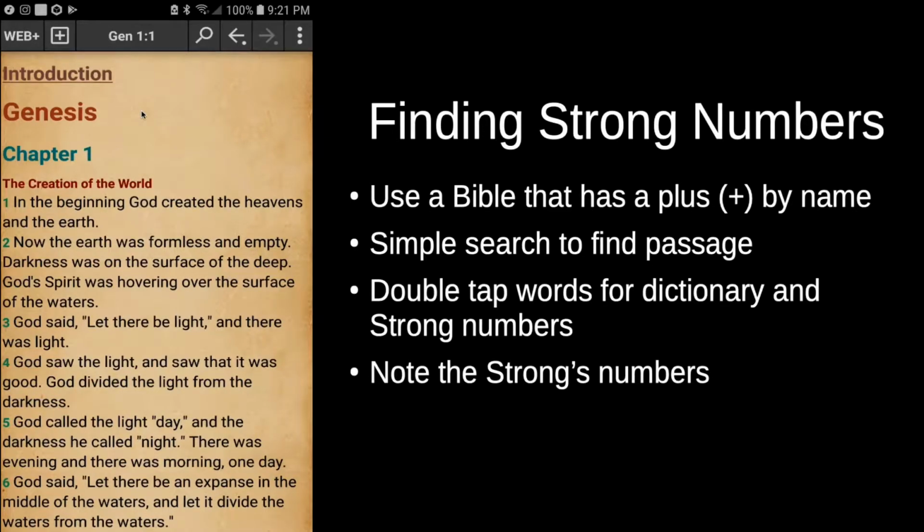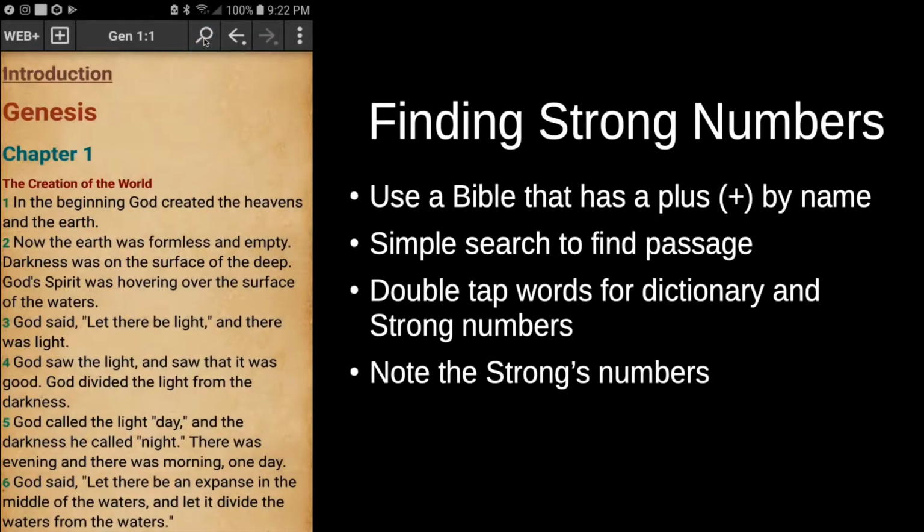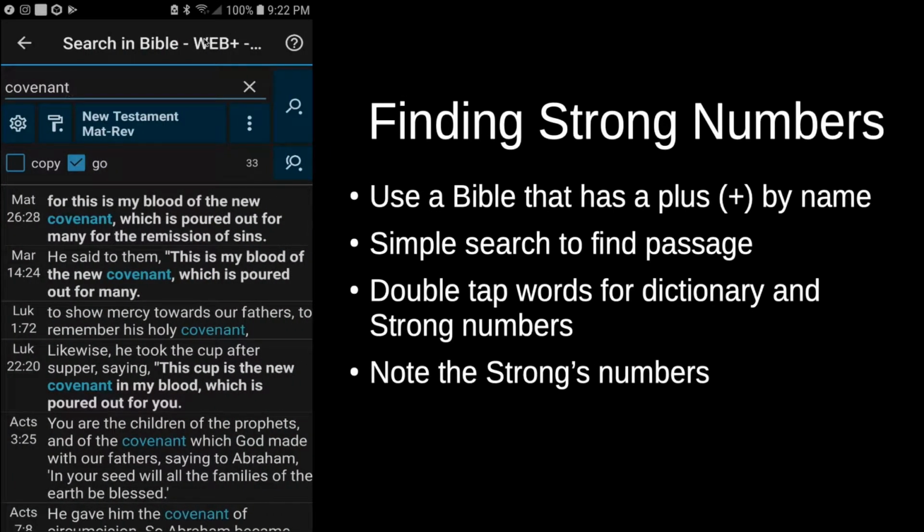So the first thing is just to find a passage where the words or phrases that you want to look at is used. To do that, I'm just going to do a simple search. I'll click here on this magnifying glass. And so let's think about the phrase, the kingdom of heaven. So let me just do a quick search for kingdom. So I'll put kingdom in here